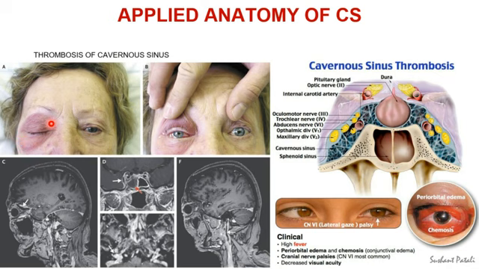There is also paralysis of the extraocular muscles, which is known as ophthalmoplegia. This is due to the involvement of the oculomotor, trochlear and the abducent nerves. There is also a dilated and fixed pupil due to injury to the parasympathetic fibers for sphincter pupillae inside the oculomotor nerve. And sometimes ptosis is also observed due to the injury of the oculomotor nerve, which supplies the levator palpebrae superioris. And also sensory disturbances in the areas of the ophthalmic and maxillary division of the trigeminal nerve are observed.